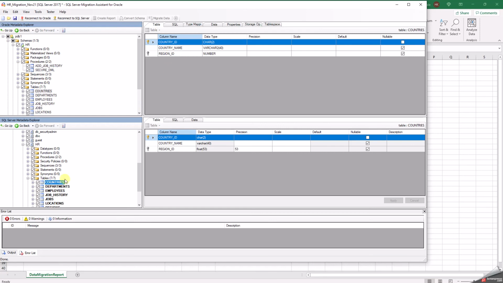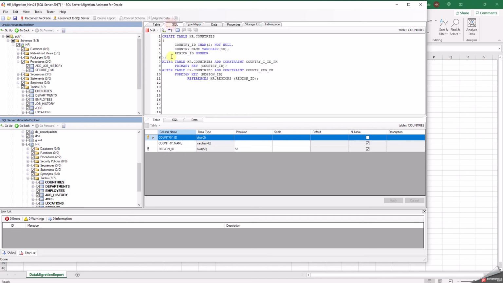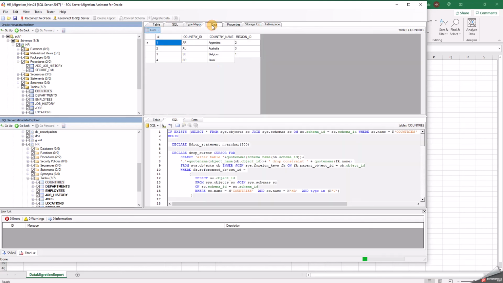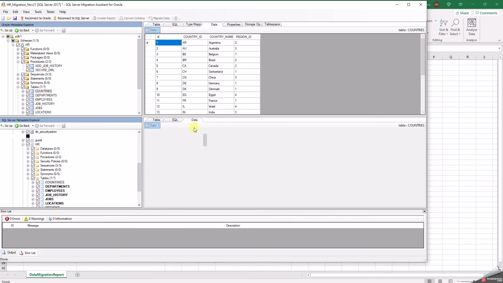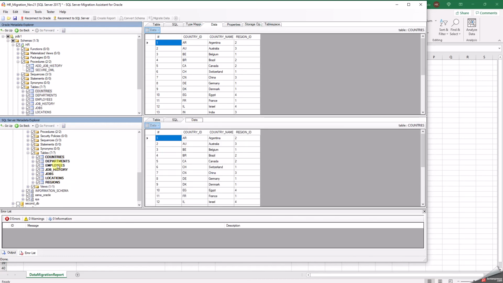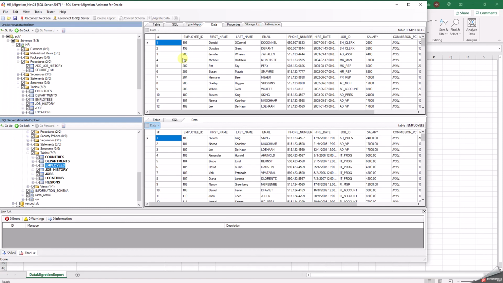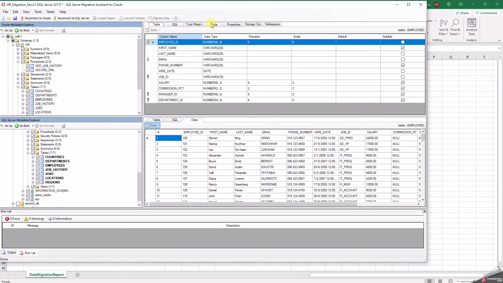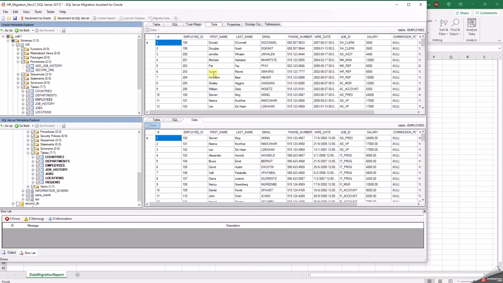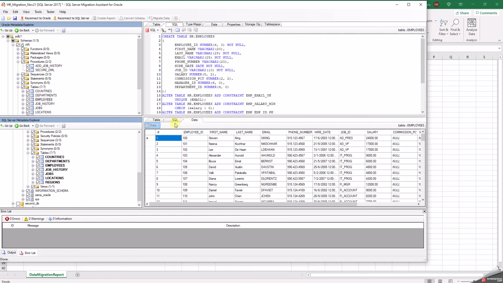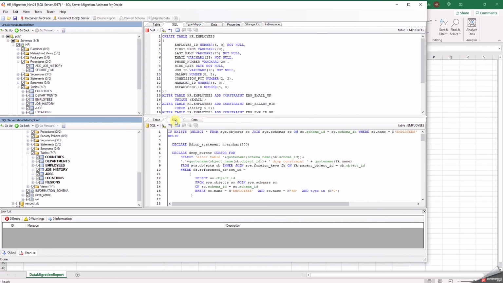So again, when I click on the table, it shows me the mapping between Oracle and SQL Server, the SQL statement, and I can look at the data in Oracle and the data in SQL Server. Look at the employees table. So the data in Oracle and the data in SQL Server. Remember, this query does not do an order by. So there is no order by specifically by employee ID. It just shows you all the rows it is retrieving. But that's good enough. We can later on go and verify the data ourselves. We know it has already shown that 100% of the rows are properly migrated.